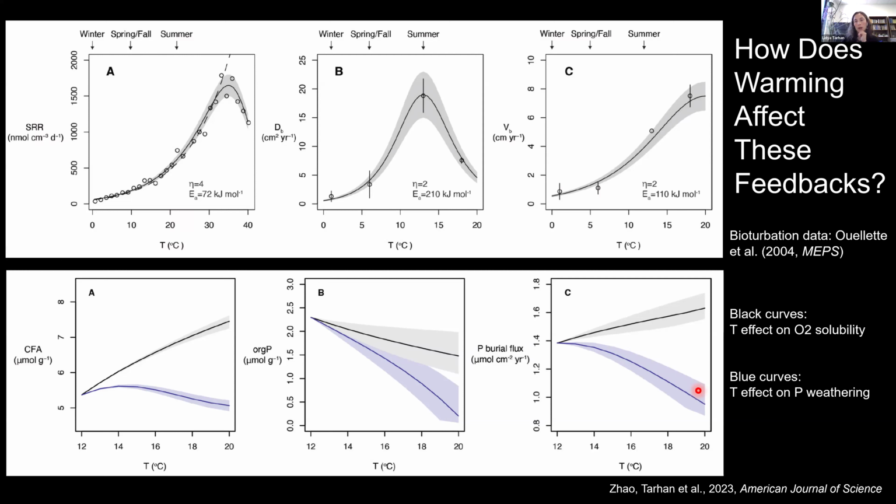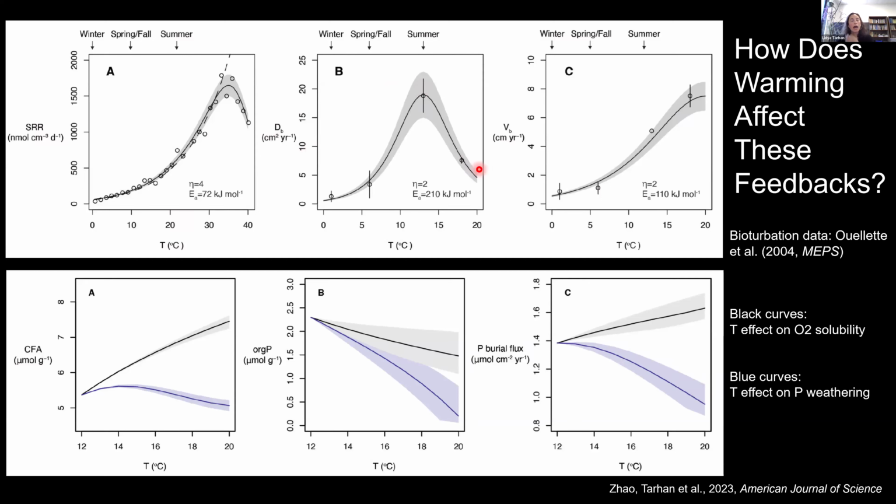So this is a study that we published last year in American Journal of Science, in which we used the same diagenetic model, SEDChem, to explore what warming may have meant for bioturbators, and in particular leveraging published data sets such as Ouellette et al. That allow us to try to trace out some of these parabolic response curves that all organisms should have in response to temperature, but which for bioturbating taxa, and in particular their levels of intensities is notably under constrained.